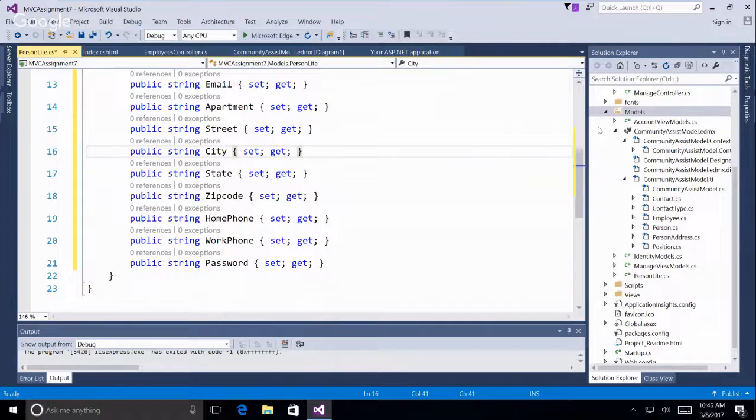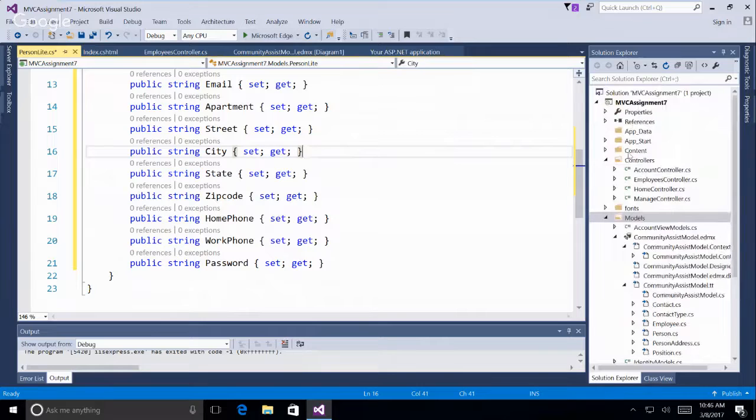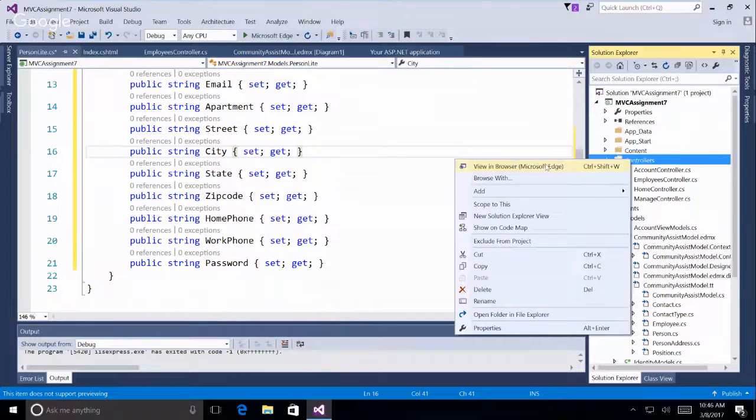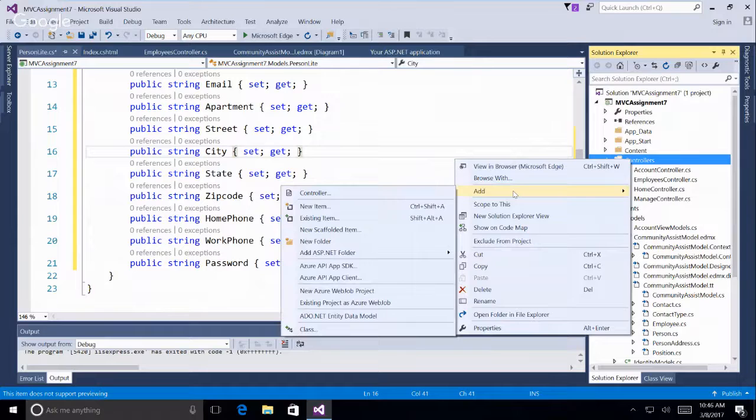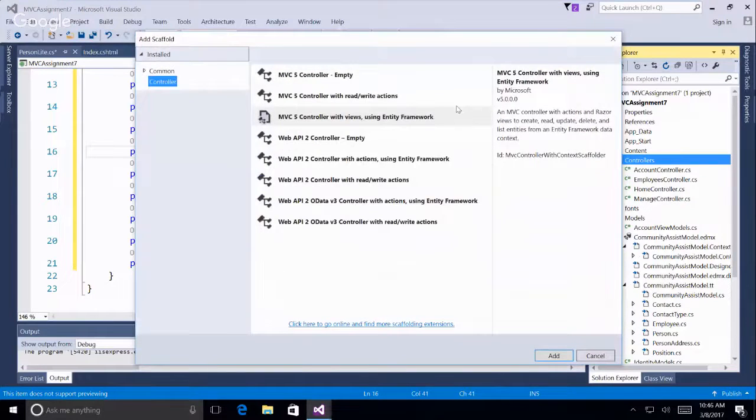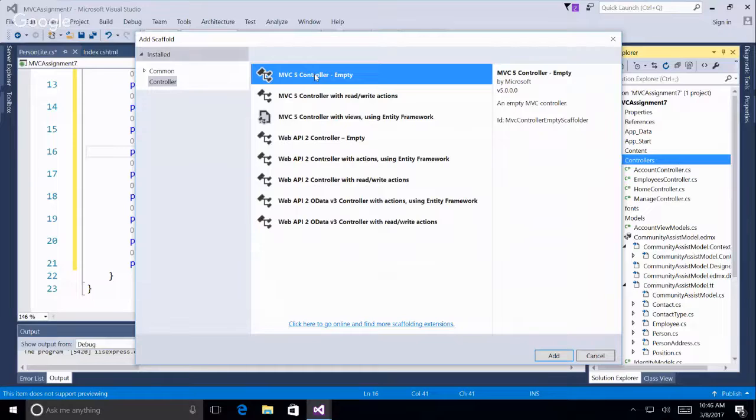All right, so having done this model, I'm going to go up to the controller, and I'm going to add a controller. So the controller folder, add controller. All right, so this controller will be empty, because we're going to write the code. I'm going to add,